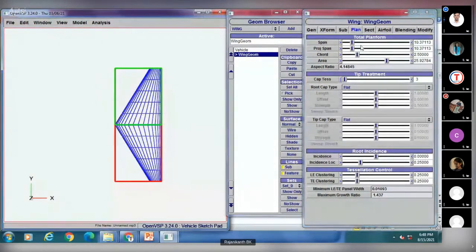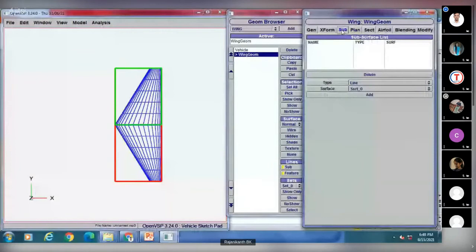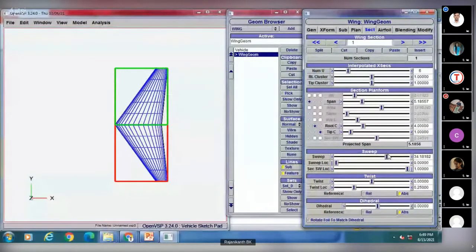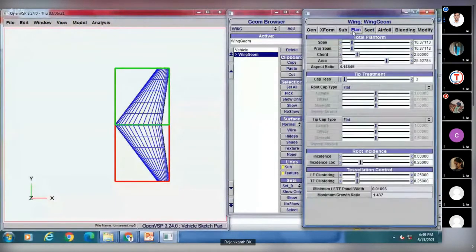If you want to increase the sweep angle, just come to sweep. Here we have section. Currently we have not split this section. What we will do, we will increase the sweep angle a little bit, and simultaneously we will adjust this one.